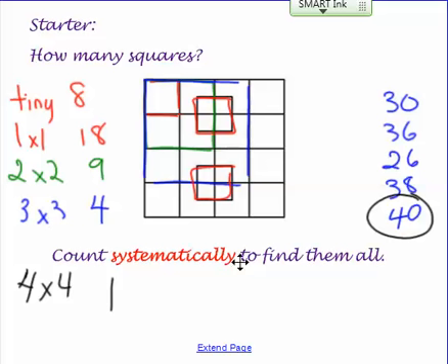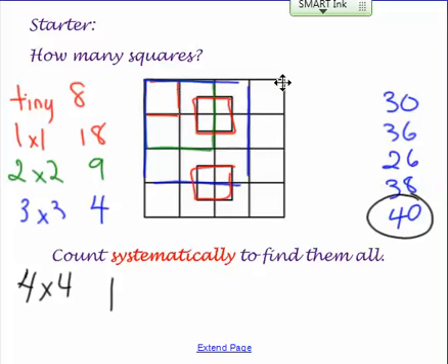So today you tried to find how many total squares are in this shape, and I asked you to do it systematically. So you all tried on your own. These were the different amounts you came up with, and in the end, 40 was correct. So if you count the teeny tiny squares and record that amount, then count all the 1 by 1 squares,